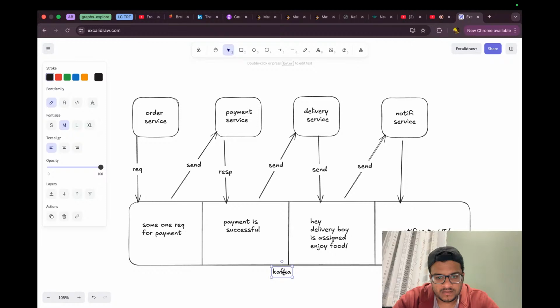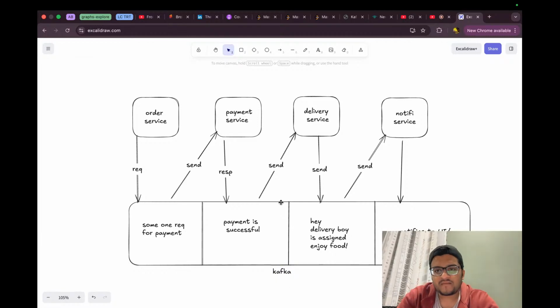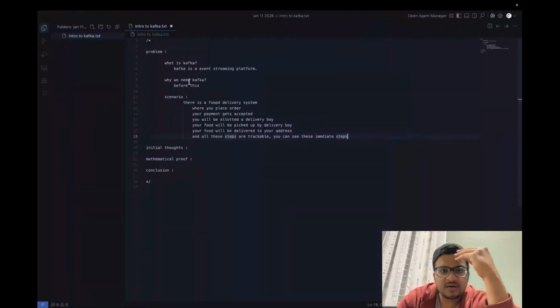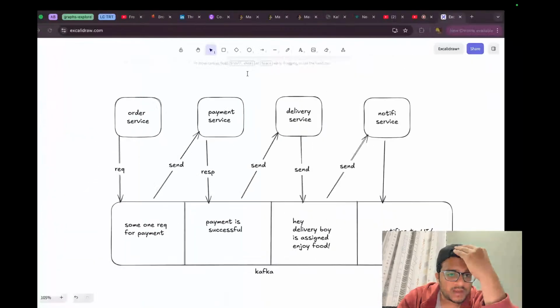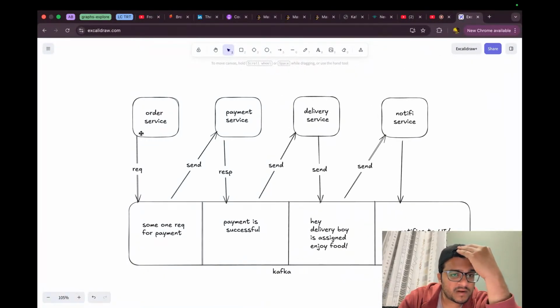Yeah, this is Kafka. Why is Kafka called an event streaming platform? Here I have written: Kafka is an event streaming platform. This is an event. When someone places an order, your order microservice should request payment, and there is a different service designed specifically for this purpose, which is the payment service. It listens to this event which is generated by the order service, and it takes that event triggered by